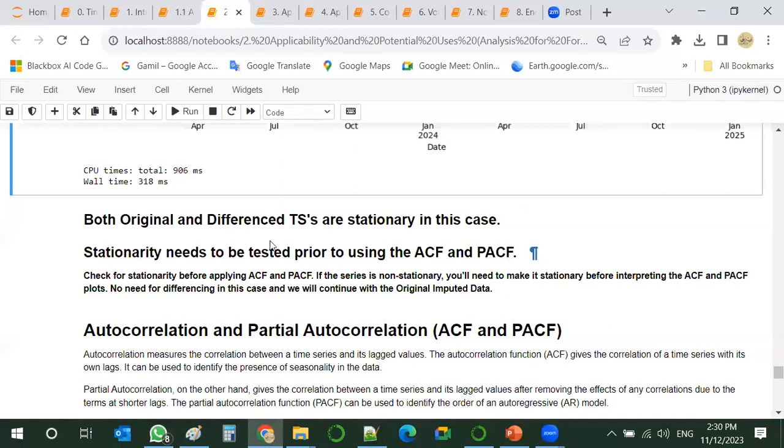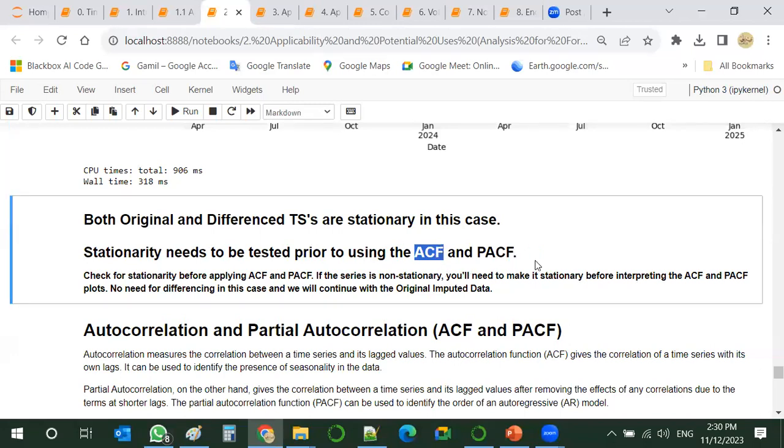So it needs to be done before we figure out the autocorrelation and partial autocorrelation functions.